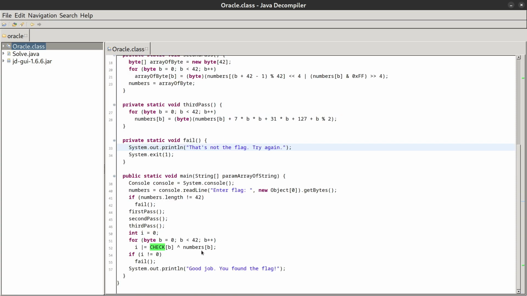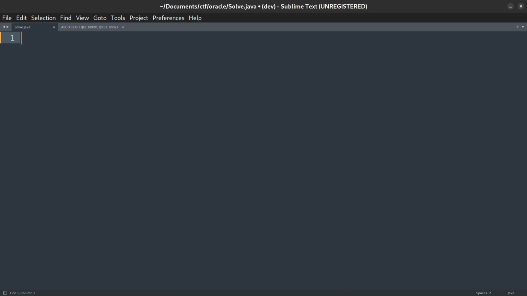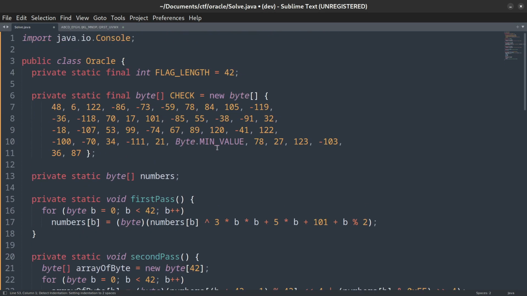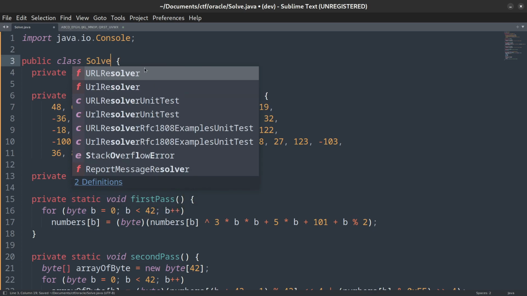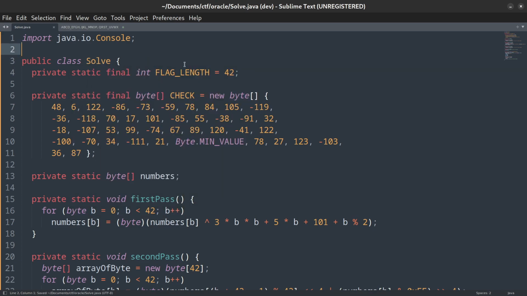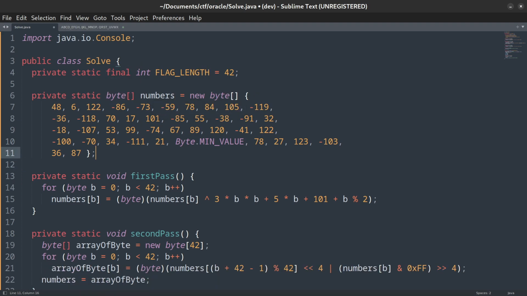Since the decompilation is so robust, the easiest starting point is to simply copy this code into a Java file of our own. We'll call this one solve.java, and we'll make sure to change the name of the class to match. Then we'll rename this array of bytes to numbers, make it non-final, and replace Byte.MIN_VALUE with -128.